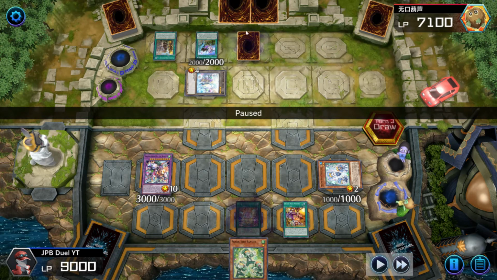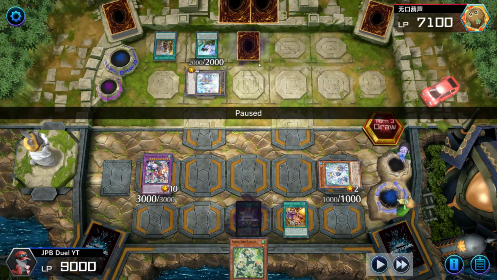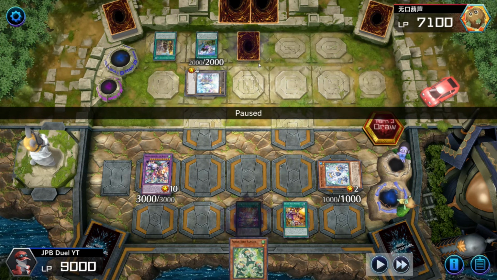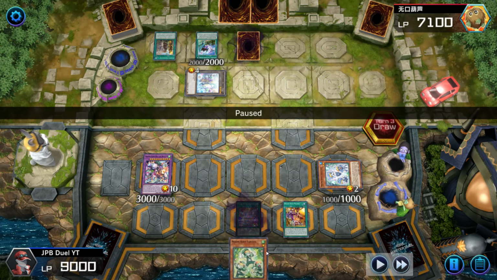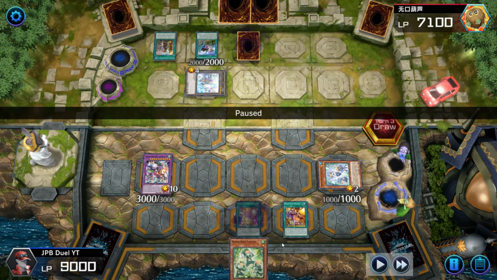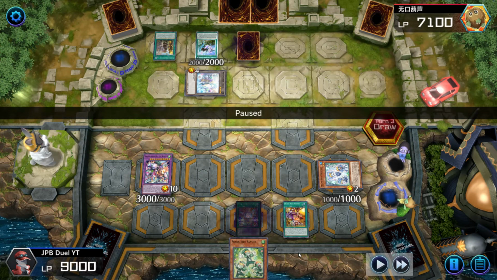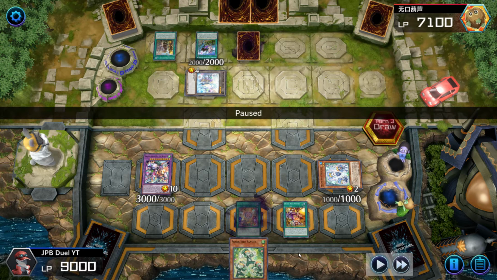card in. This card could have been an Impermanence, and if this card turned out to be an Impermanence, that would be really bad for me. So this is technically considered a misplay right here. Do not ever do that. Always set your Pandemonium in the columns that your opponent does not have set cards in, or they have a